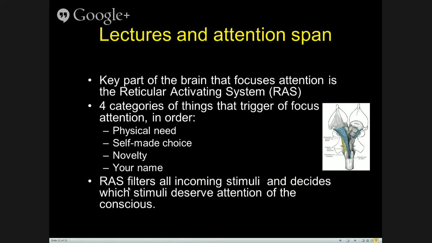But the RAS also passively filters all the incoming stimuli and decides which stimuli deserve attention to the conscious. So our brain is wired in this way. Even though we want to pay attention to a lecture or to a new piece of information, we get bombarded continually by stimuli, by sensory overload. And the RAS makes sure that we're not overloaded, but it lets some of the stimuli go through. And they come eventually to distract us and eventually cause boredom